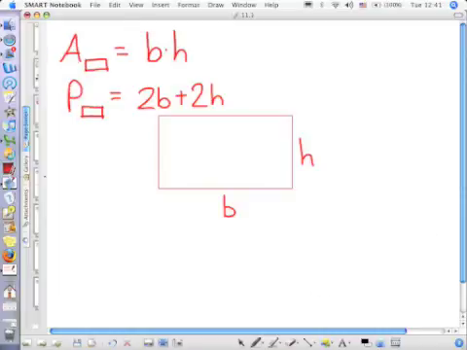Okay, the second one we're going to deal with today is a rectangle. It's just a long square, I guess you could say. It's not a square, but you take a square and you lengthen it. You squish it. Make it squishy. All right, now you may have learned the area of a rectangle to be length times width. We're going to rephrase it as base times height. And that's because all of the things that we're going to be dealing with, we're going to deal with